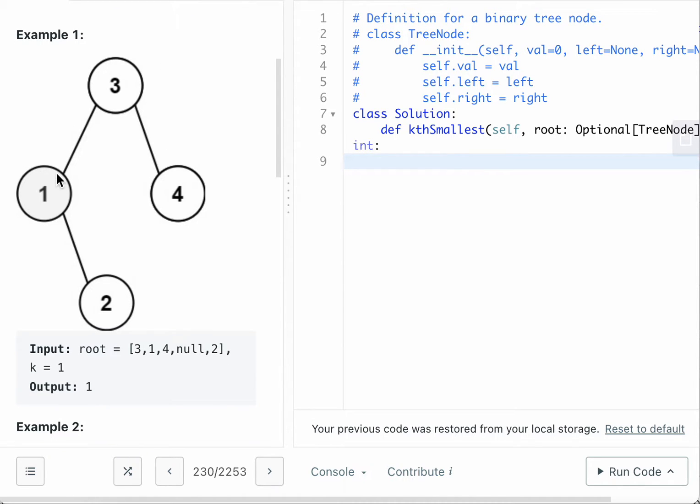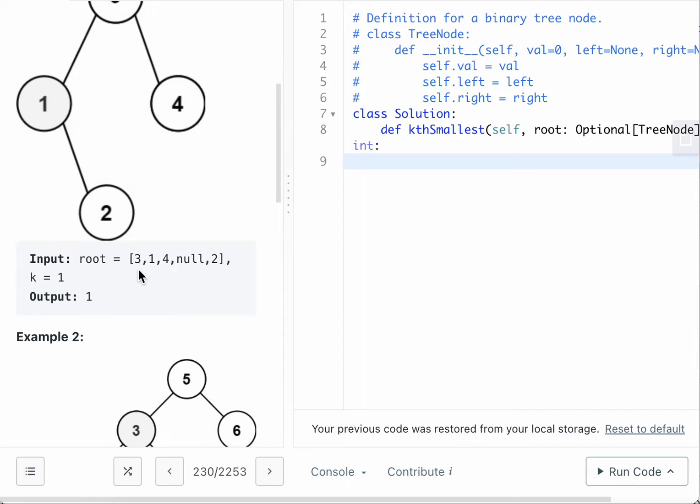For this example here, if you look at this tree and k equals 1, that means it's looking for the first, basically the smallest value. By looking at the tree here, a binary search tree, on the left side the node value is smaller than the root, and the right side is bigger than the root. The smallest one is 1, so it returns